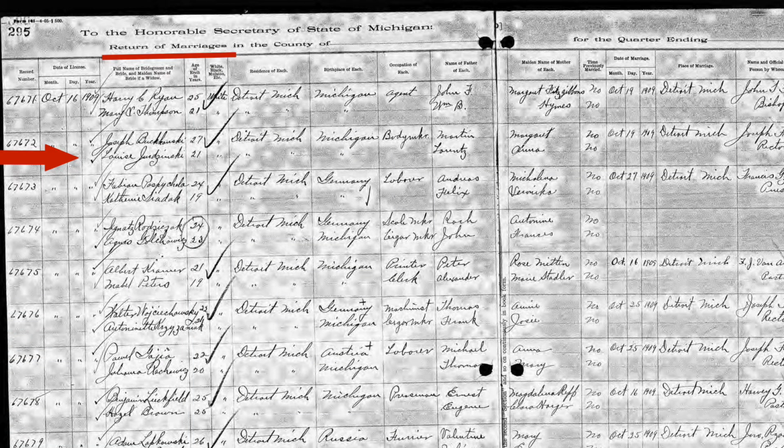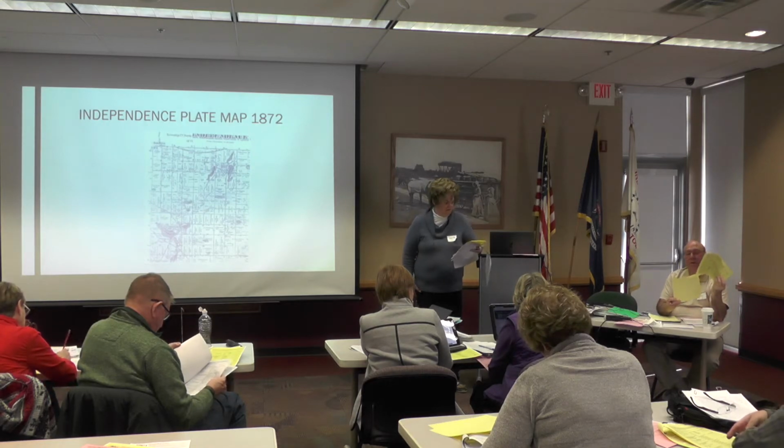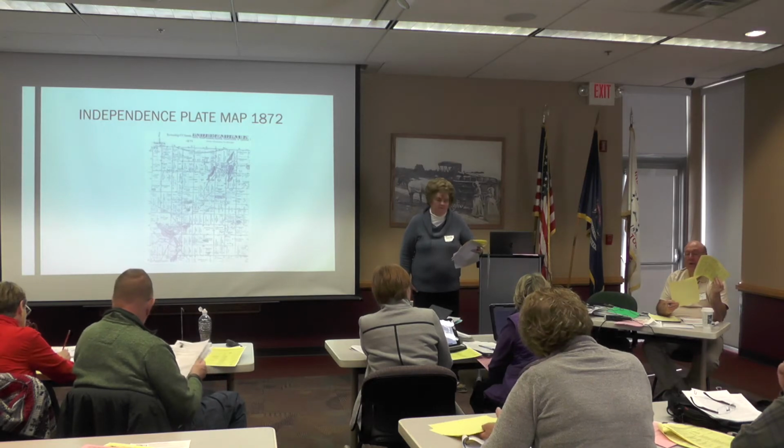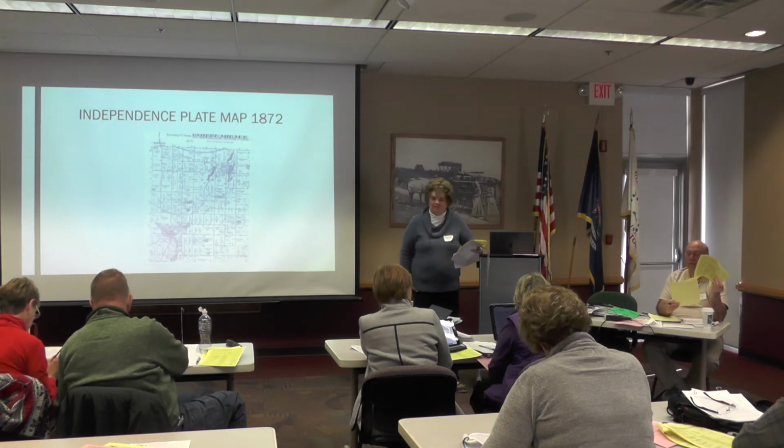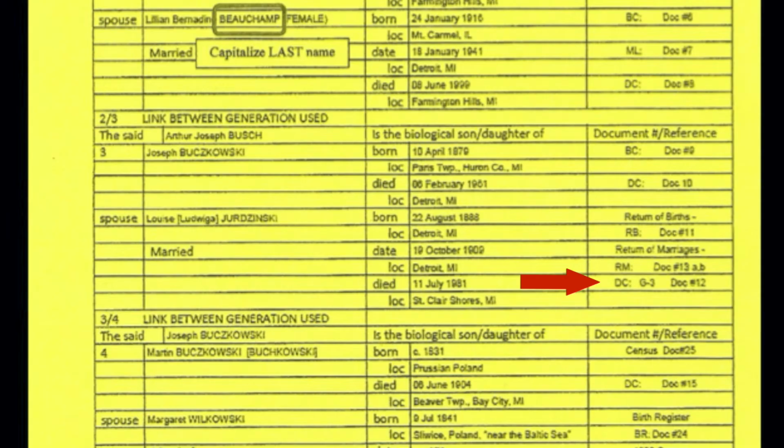Sometimes they have the parents, sometimes they don't. Sometimes they have the witnesses, sometimes they don't. You would just use the book, but make sure you write down where you got the book. This says copy the book. For item 11, return of births in the county of Wayne, page 355, number 843, line 34, for Louise Jardinsky. It was published in 1888. So they got all that information from the book. And then there's a death certificate, because Louise died in 1981. So now we're at